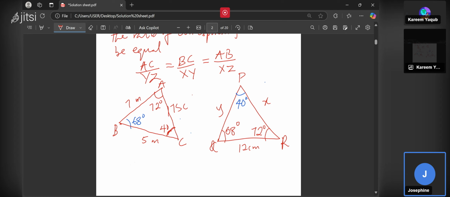Okay. So now the ratio of corresponding sides is the next thing. So if I should pick AB, AB corresponds to